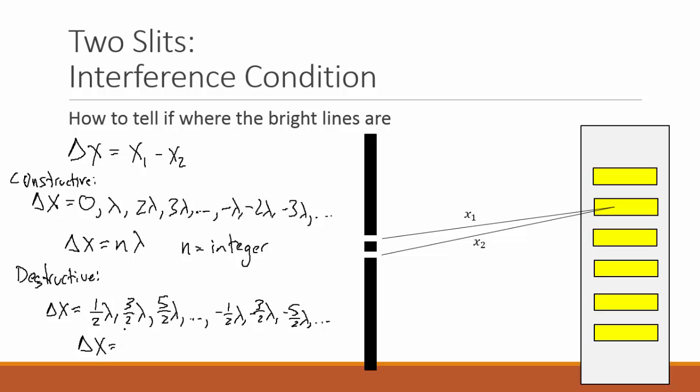And there are different ways of doing it. Textbooks typically like to keep n to be an integer and have a different formula. I prefer to keep the same formula and then just have different values for n. So what I prefer to do is to say this is n lambda, but now n means something different. To get this list, I want these to be what are called half integers,